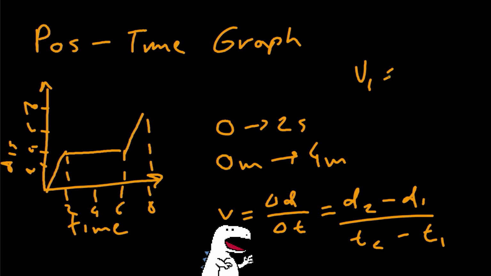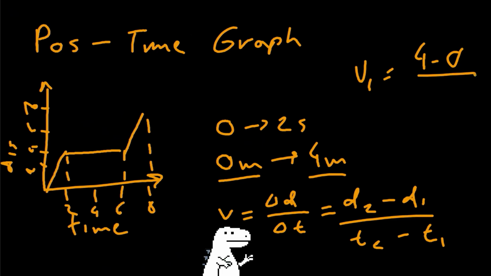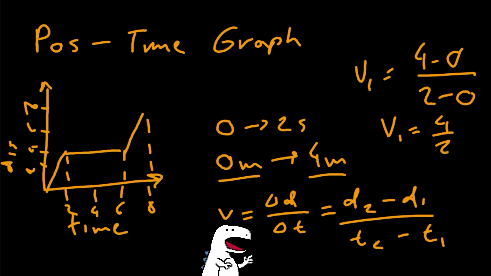So in distance 2, we have 4 meters, and distance 1, it's 0. So it'll be 4 minus 0. And for the time, we're going from 0 seconds to 2 seconds, so it'll be 2 minus 0. So v1 will be equal to 4 over 2,